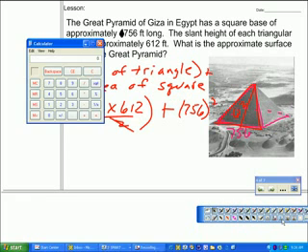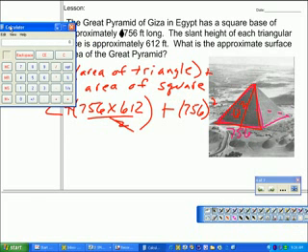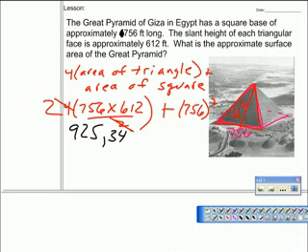Okay, well this is a little bit of figuring I'm going to do, so let me get my calculator. So 756 times 612 equals, times 2 gives me 925,344. Area of a triangle, base times height. We're going to add the areas at the end. So it gives me 925,344. The calculator goes away as soon as I start to write. So that's that area plus